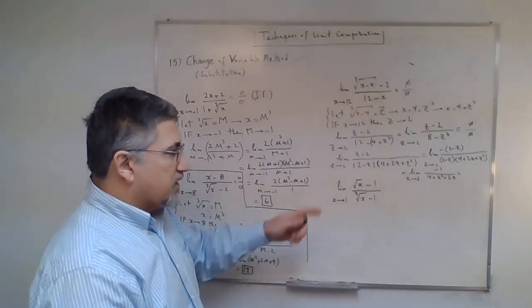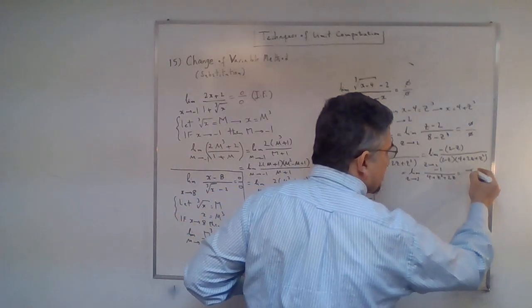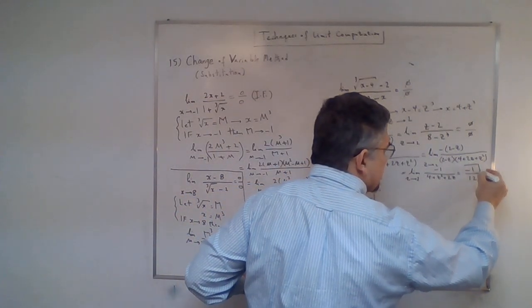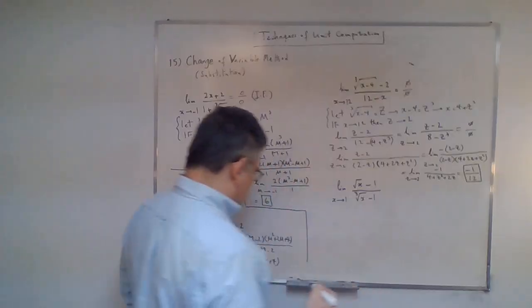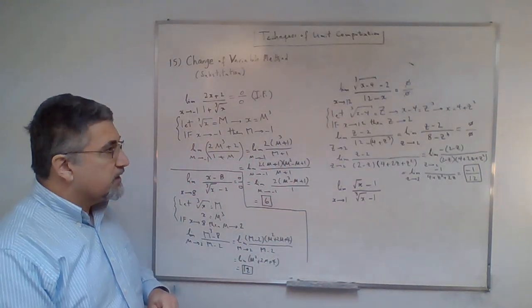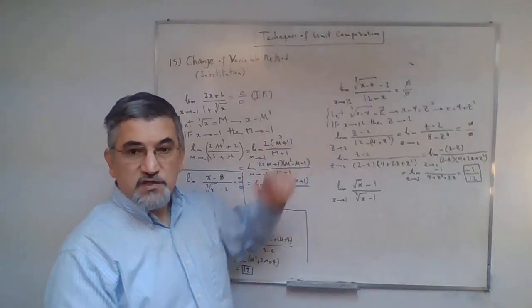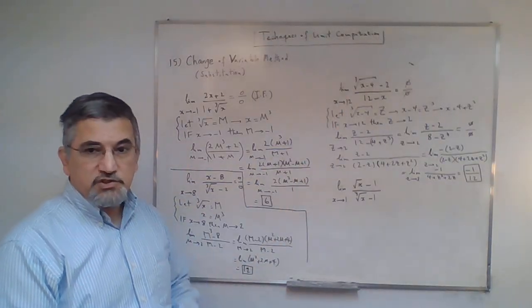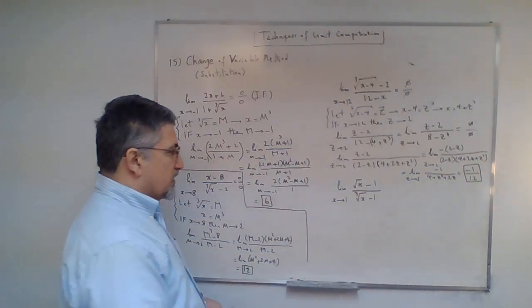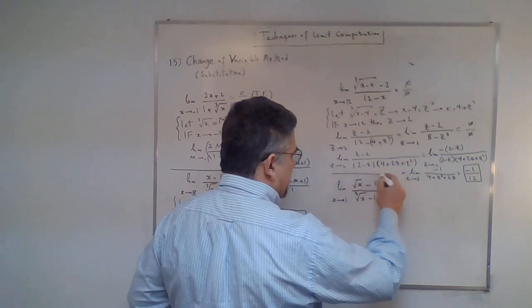So we get negative 1 over 12 as the final answer for this limit. Okay, just another question showing how we deal with cube root scenarios. This last one is challenging, okay? Why is it challenging? Because